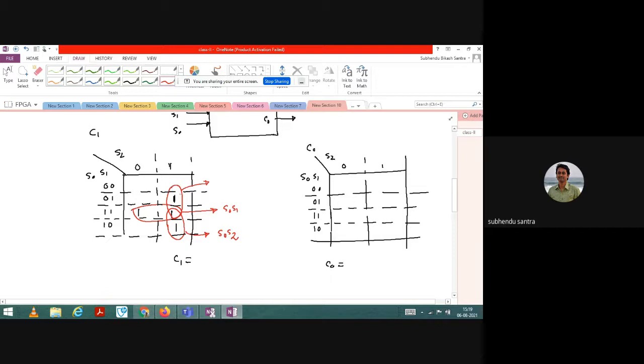And from these two, S1, then S2. So finally I am getting: S0 S2 plus S0 S1 plus S1 S2. Am I right? Is it clear?